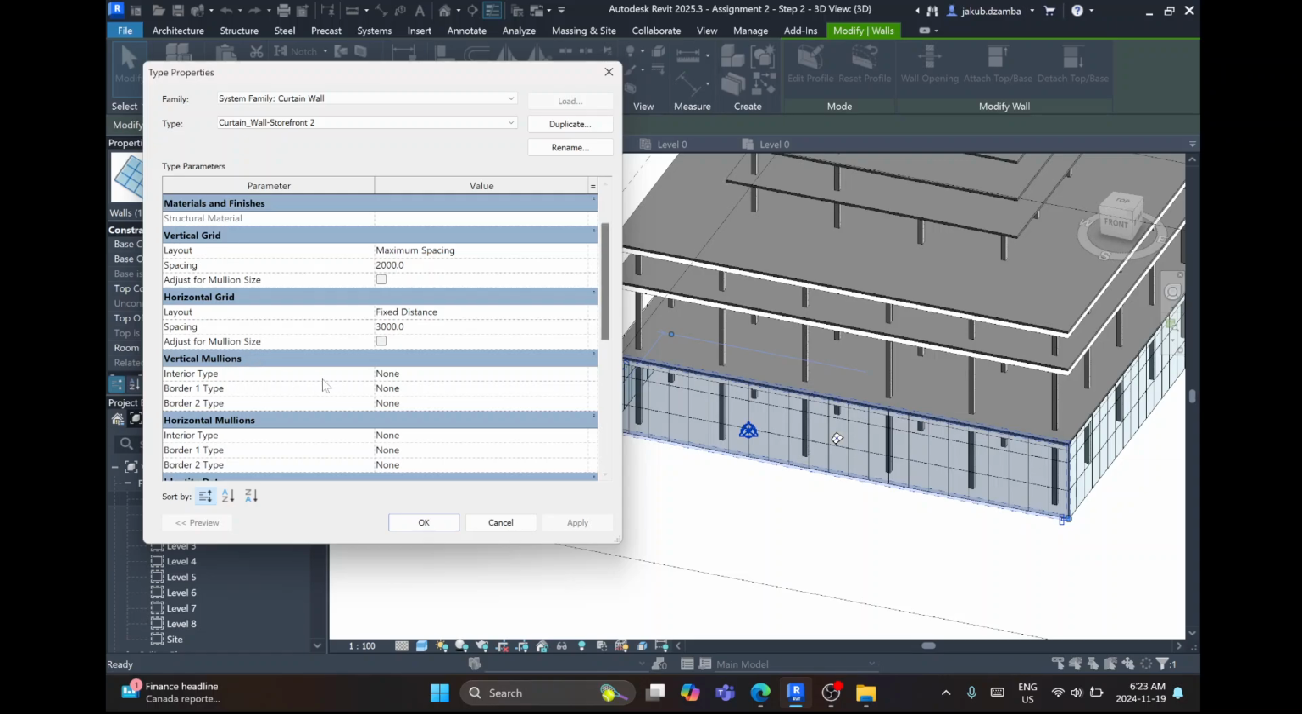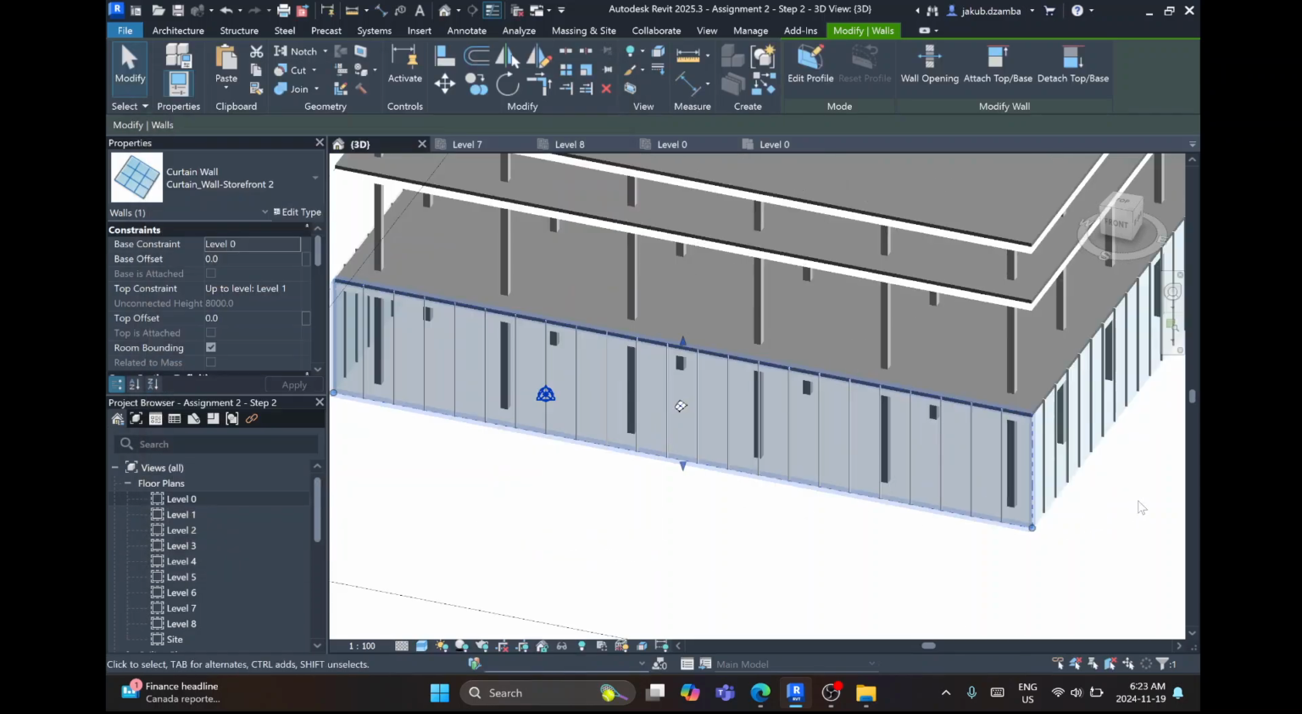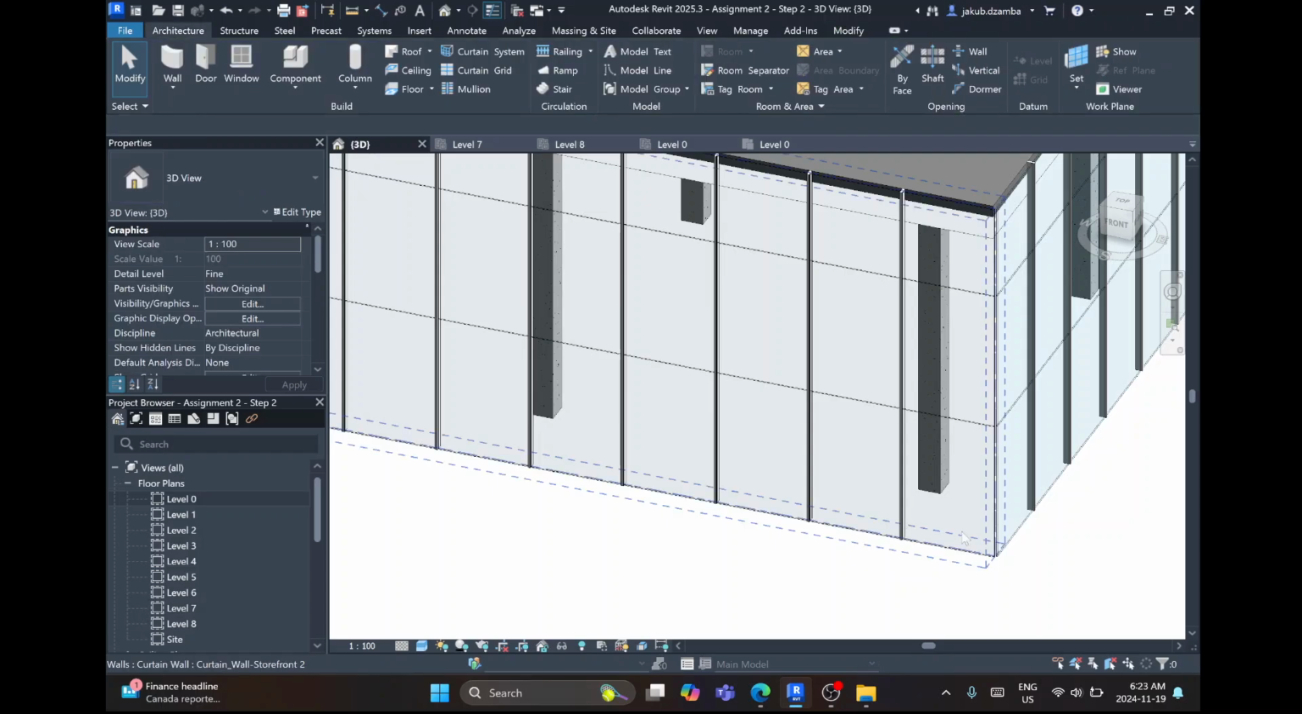Now vertical mullions, so interior type, I'm going to set everything to 50 by 150. And border, so it's important, if I set just interior type, it'll give some thickness to the mullions, to the vertical lines. Let me just hit OK here. But the border and stuff is not finished yet. So if I go back to here,